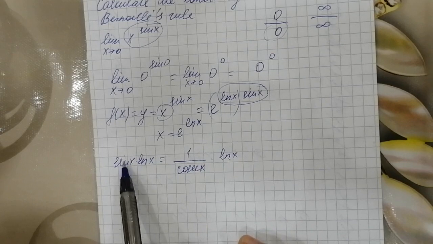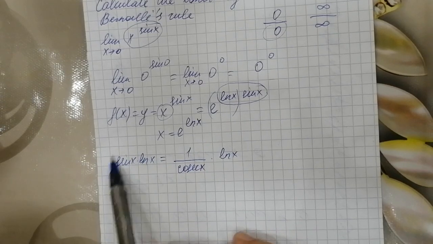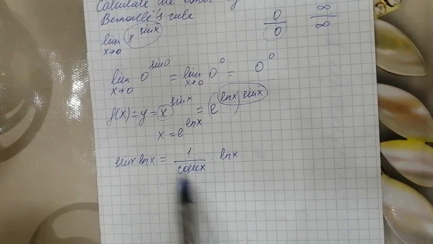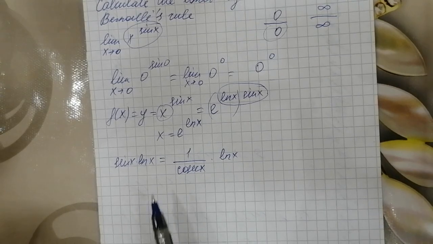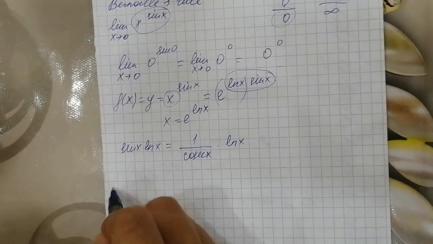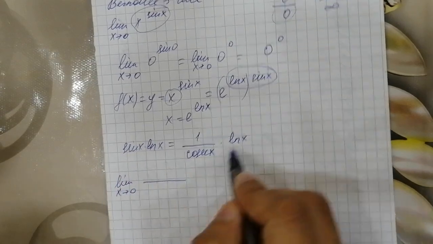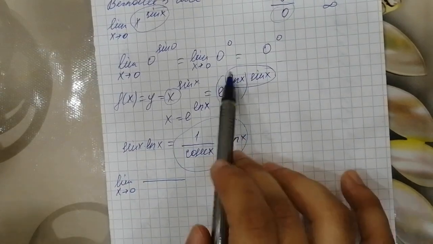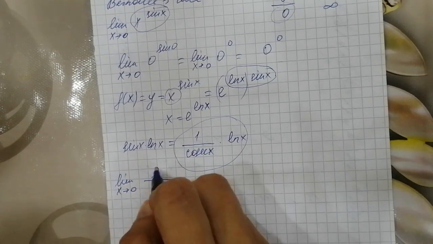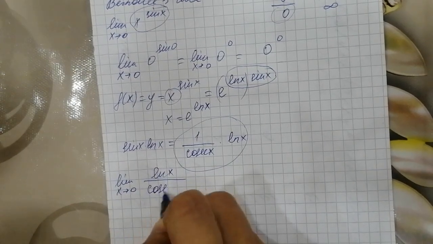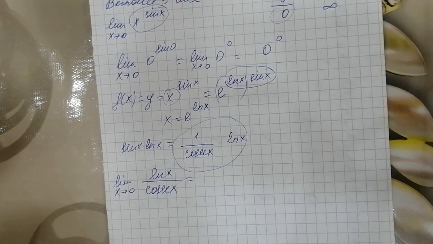We didn't change anything here, we just substituted sine x as 1 over cosecant x because they're identical. And now the limit when x tends to 0. This part, I'm only going to look at the power of it: ln x over cosecant x is equal to,